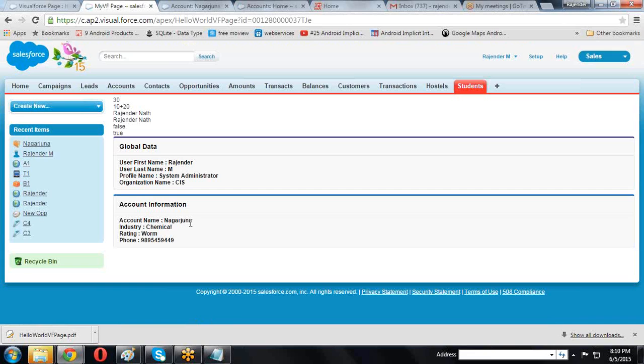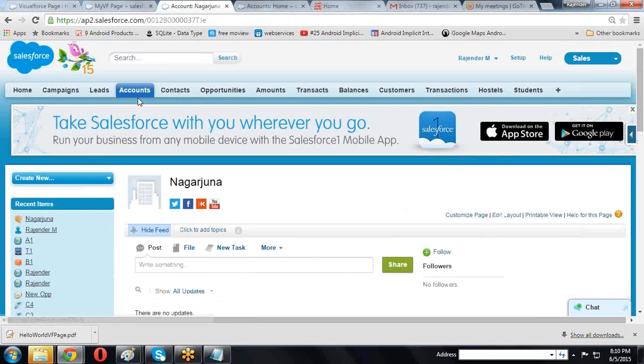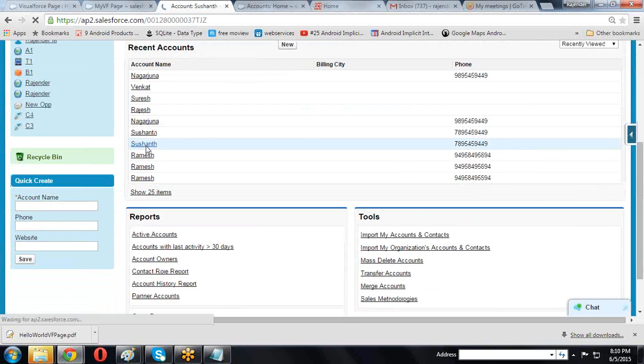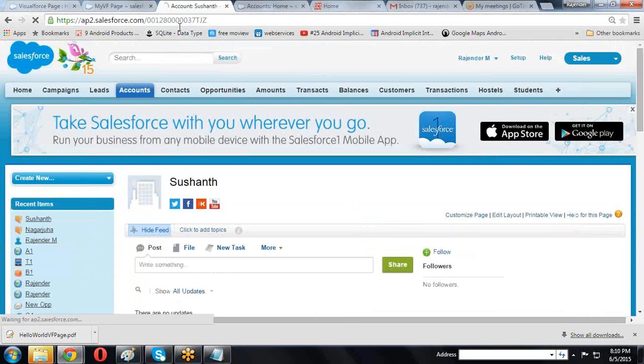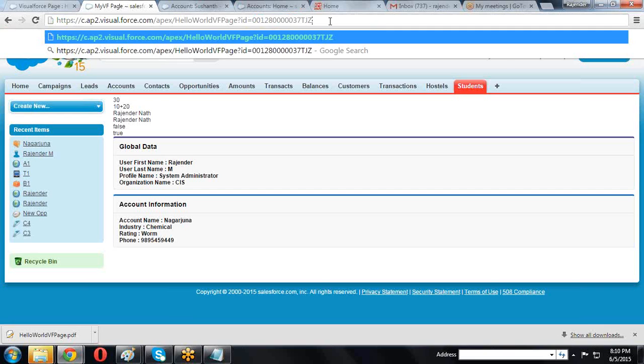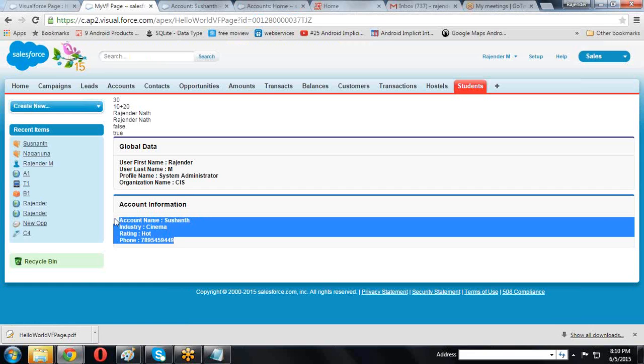This time it shows Nagarjuna, and this information is provided. Suppose I open one more account record id, something like Sushant, copy this account id and paste it here. Instead of that, Sushant's values are displayed.